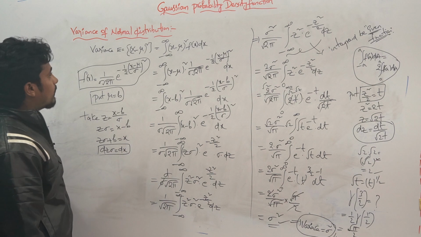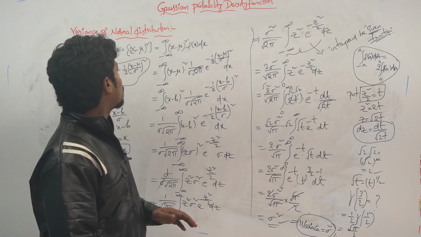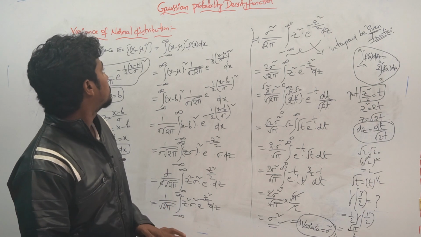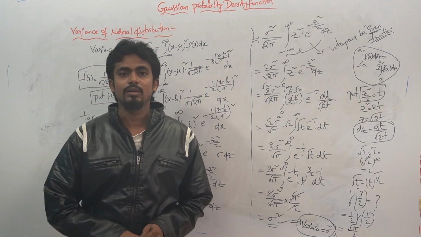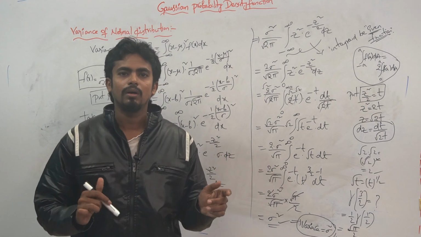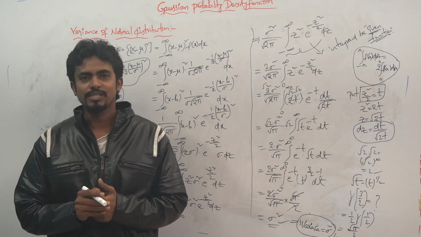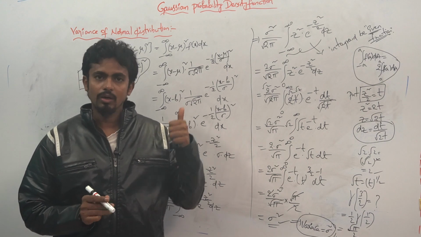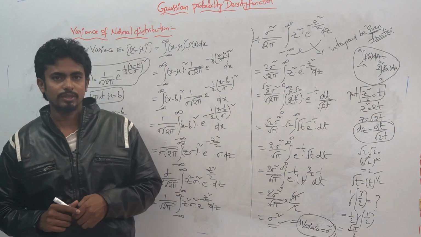This will be the small derivation for the variance of the normal distribution. In the next class we will see some deviation of the normal distribution, that means how much deviation there will be in that bell curve, and we will easily approximate that value, and later we will see some problems on the Gaussian probability density as well as the normal distribution function.